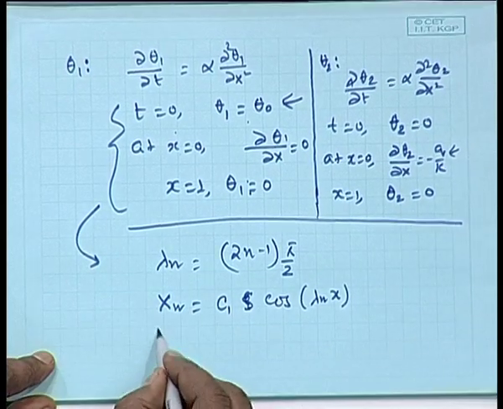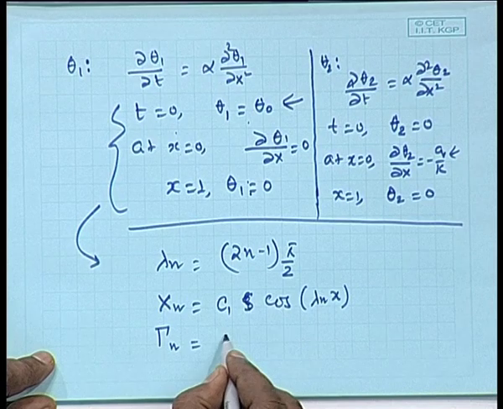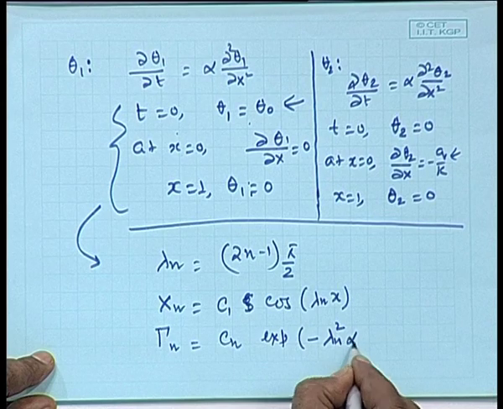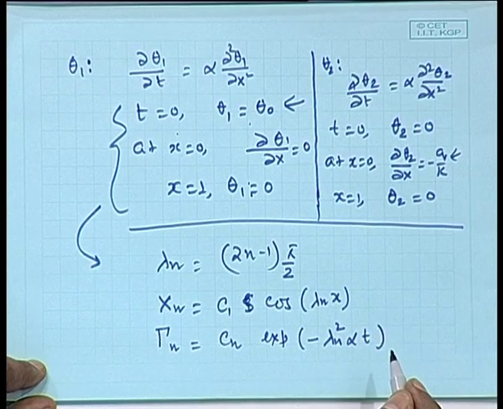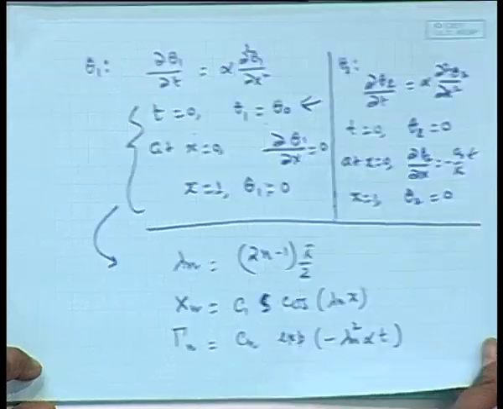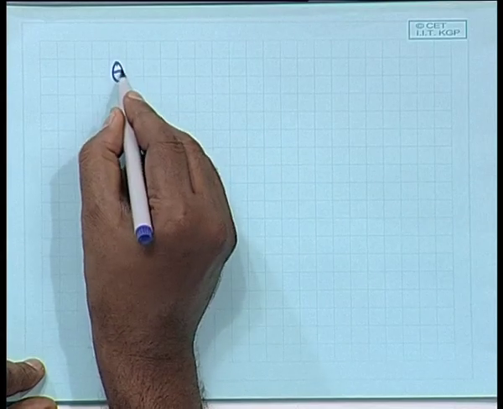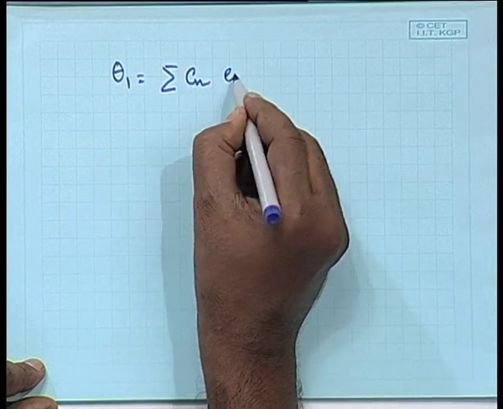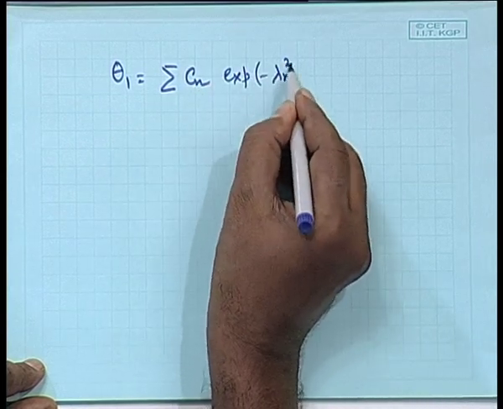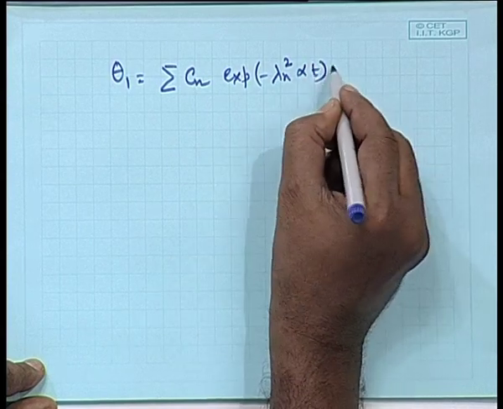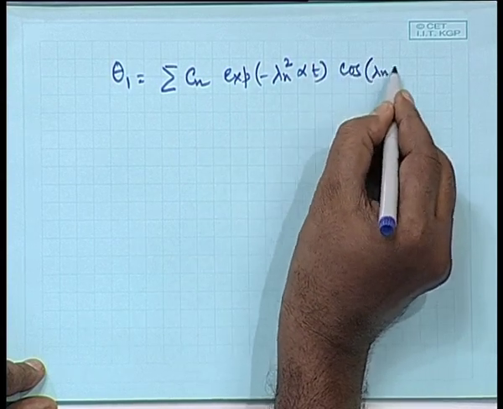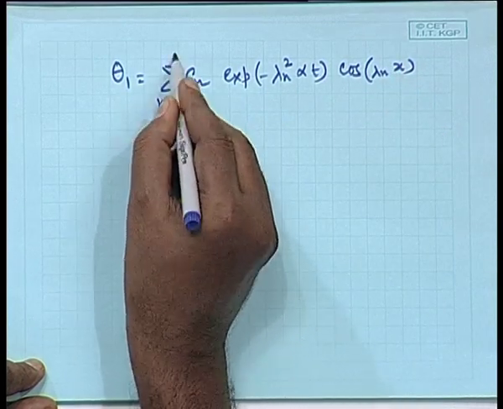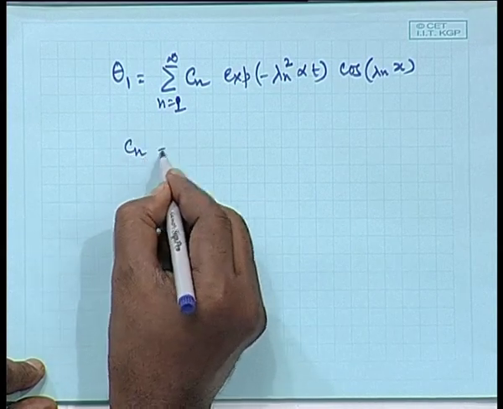And the time varying part will be, let us say, C n exponential minus lambda n square alpha t. Okay. So, what is the solution? The solution, if you remember, is C n exponential minus lambda n square alpha t cosine lambda n x, with n from 1 to infinity, where C n is obtained from the